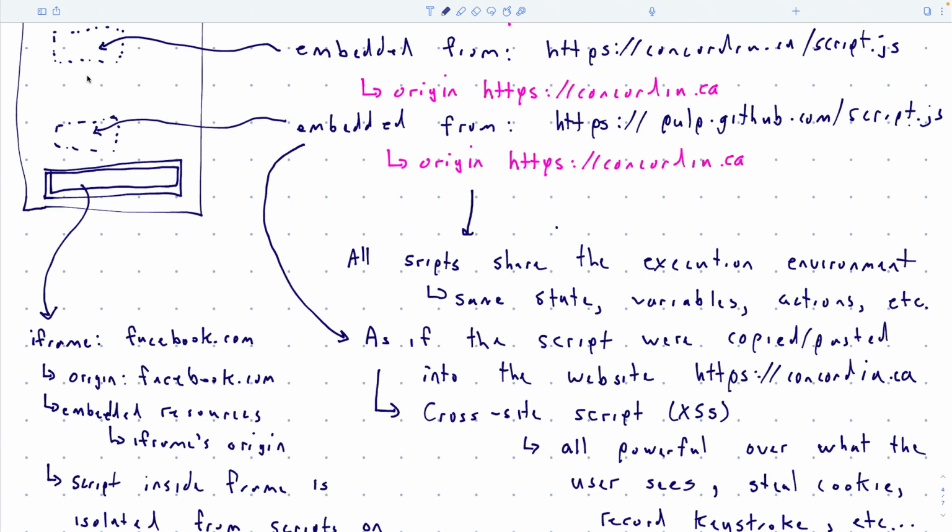It can even ask for cookies and do things like that. Okay, so if you get bad JavaScript running on your website, it basically compromises it. By the website, I mean what the user's seeing in their browser. It's not like the website's back end, right? It's not like it can't corrupt that. But whatever the user's seeing in their browser or whatever they're capable of requesting through requests, the JavaScript can see all of that information.